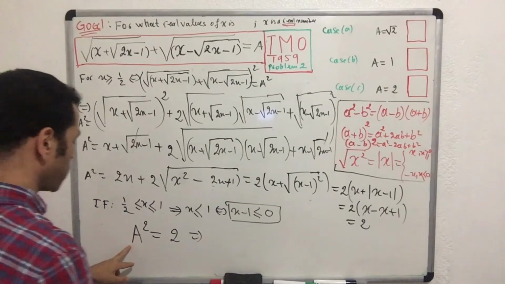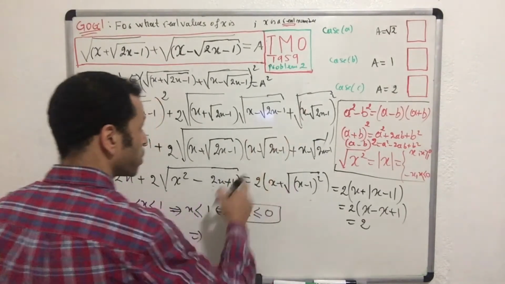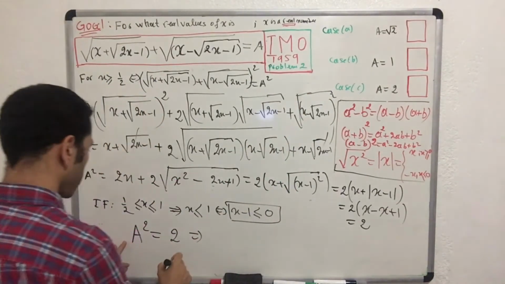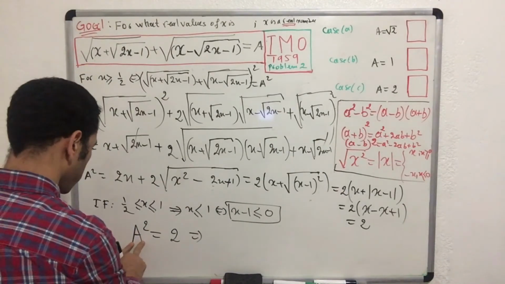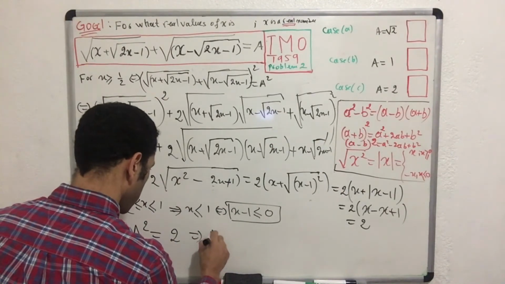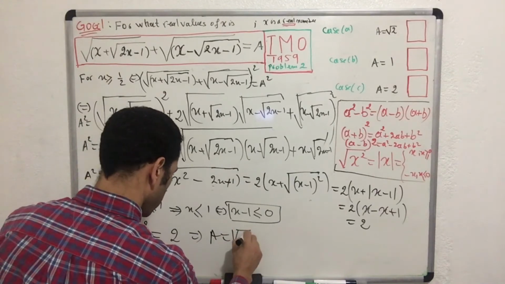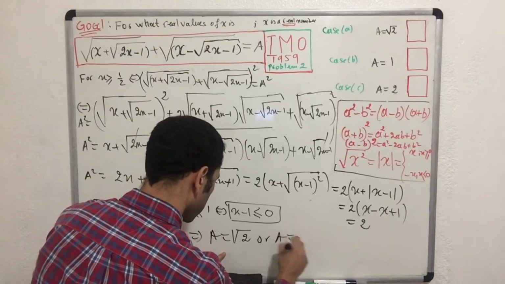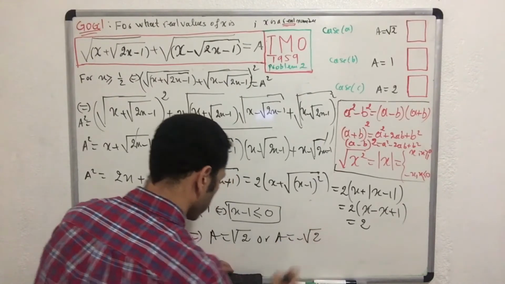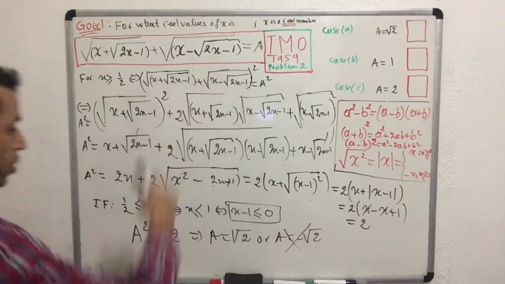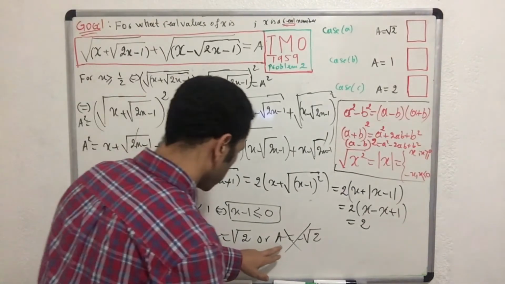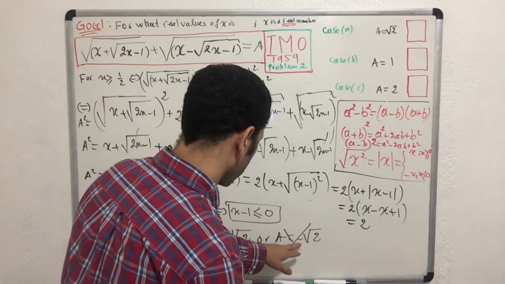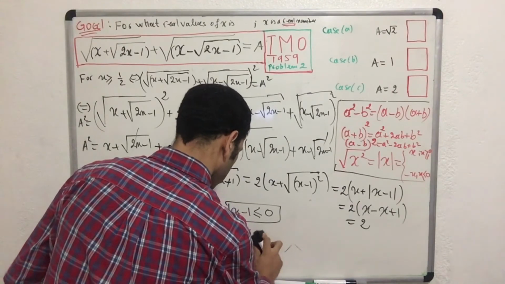I'm going to take the positive number, okay? Because we have the positive number there. So we have two cases. A equal square root of 2 or a equal minus square root of 2. We don't have this one because we have this condition. So you have no solution when you have a equal minus square root of 2. But the solution that I have